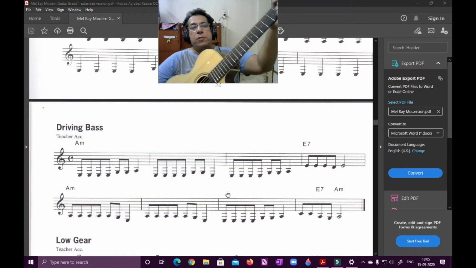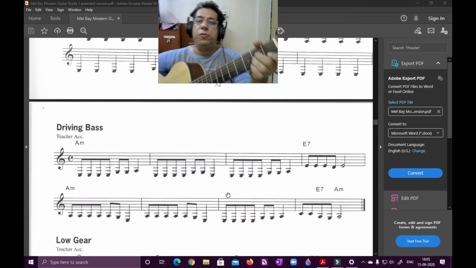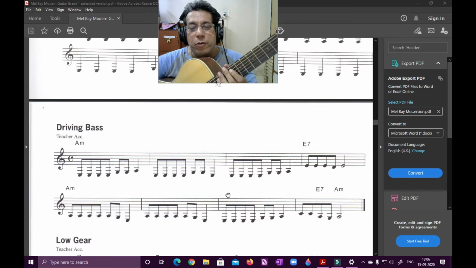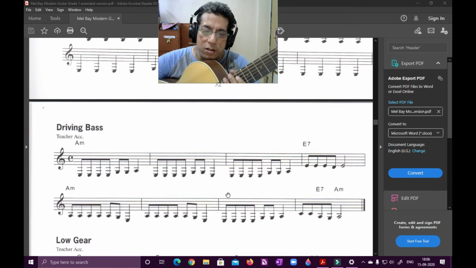So you can see on top there are some chords where the teacher will accompany. So it will go 1, 1, and it will go. Teacher will play. Now the teacher will play the chord over here. Okay, so you require 2 guitars basically for this. Someone to play the chord, someone to play the melody.